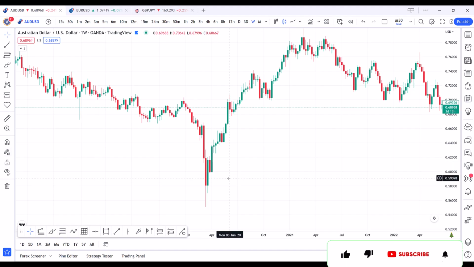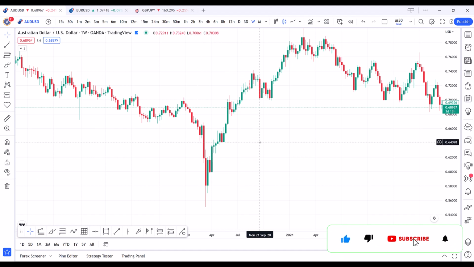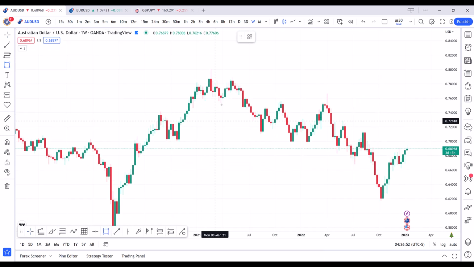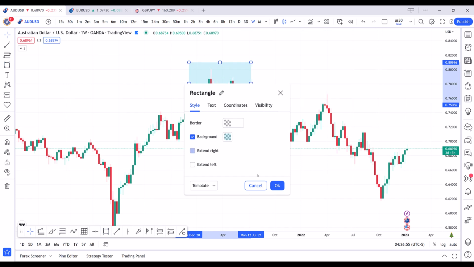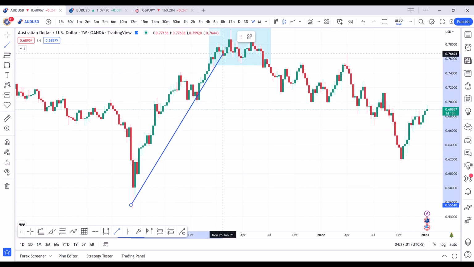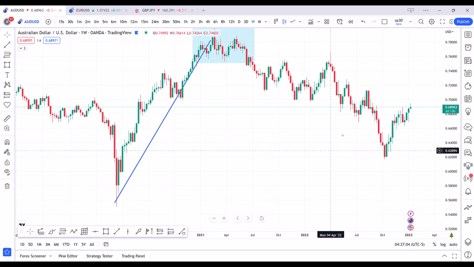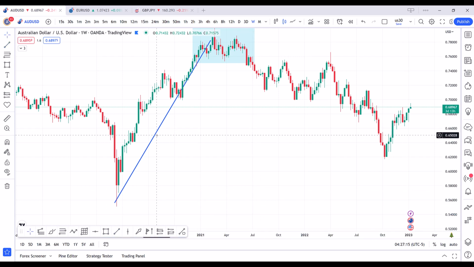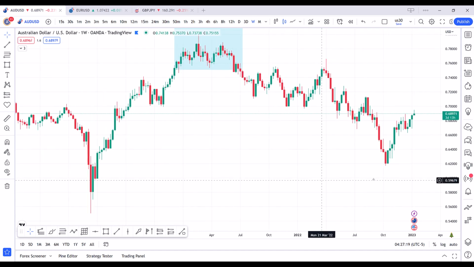Let's talk about break of structures as trend reversals. What I mean when I say trend reversals, all the traders in the world think that, for example, if we have our trend reversal here in this zone, it is going to come back and take all this up movement, all this uptrend from here to this point. But it doesn't happen, and that's the mistake all the traders in the world are going to make.